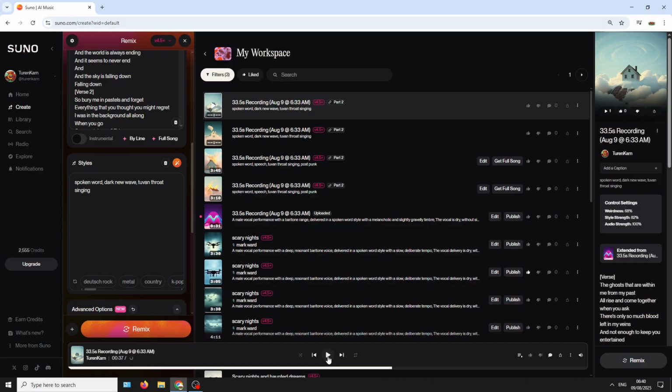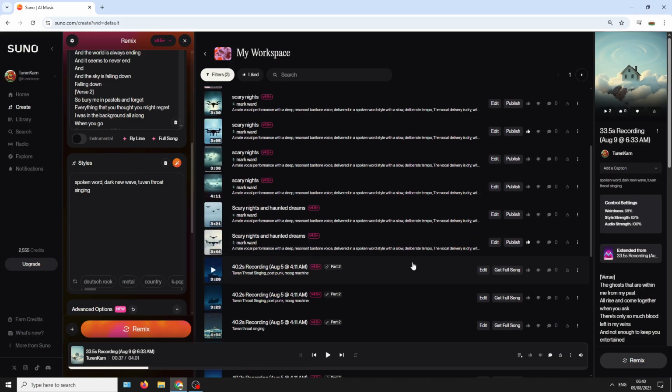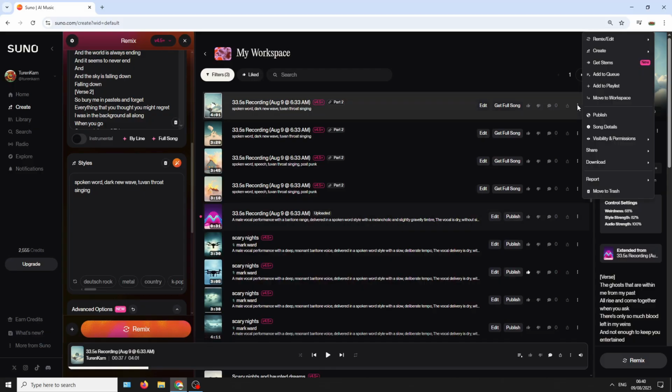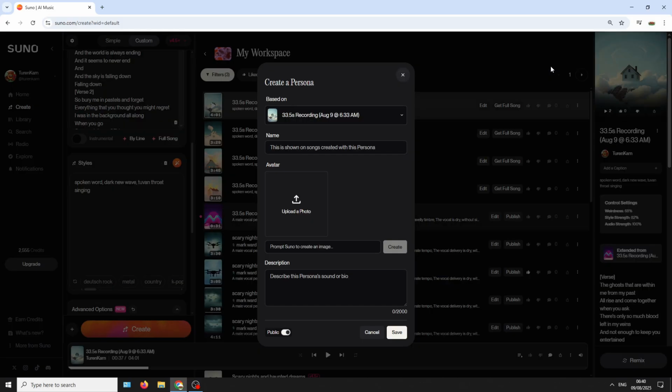So now what we do is we click up here, and remember you can only do this with 4.5 as well, and you can only use 4.5. Any songs from older versions, even if they're remixed, will not work. So now we go onto here, and then we go on to create, and here we have make personas. So we click on make persona. It's giving us a song title there.